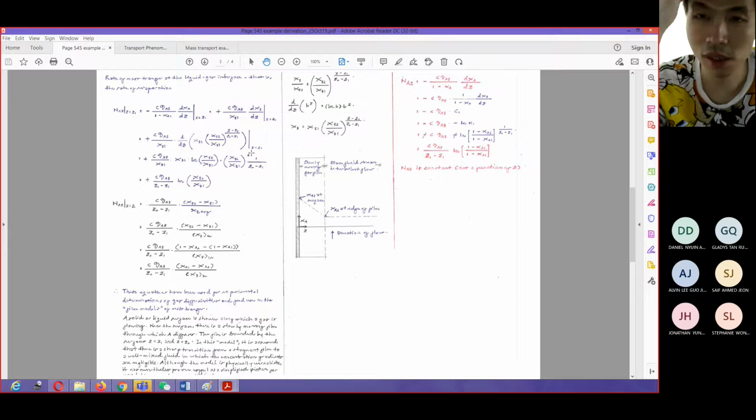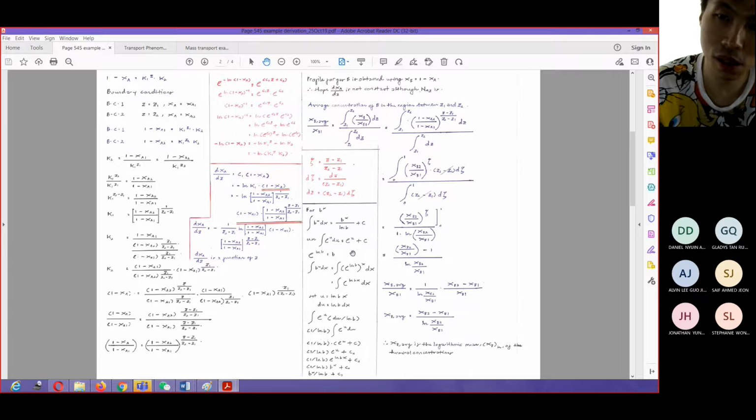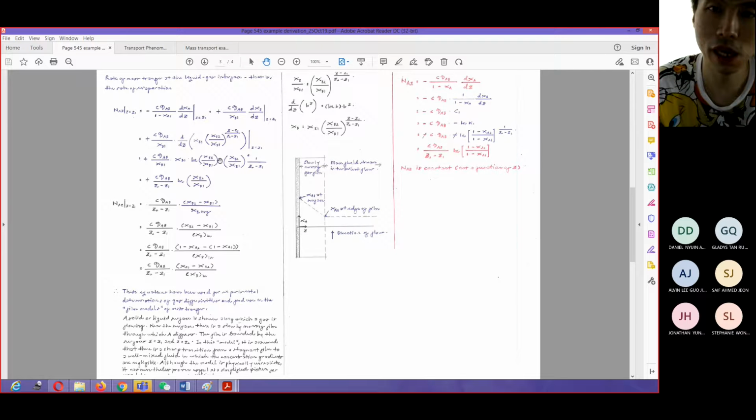So what we need to do is essentially differentiate this XB with respect to Z. Right? That is basically what we are using in here. So we are using this property of the integrations and the derivations in here. Okay, if we integrate those things, then we can find that our NAZ at Z equal Z1 will be equal to this term in here.